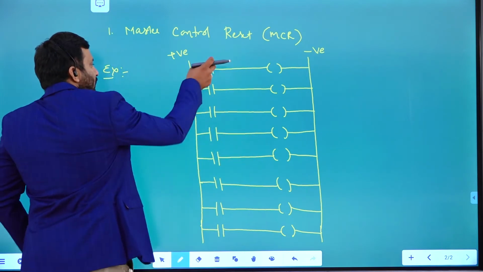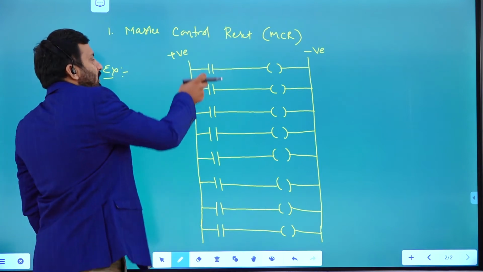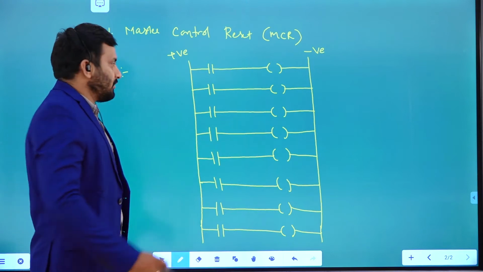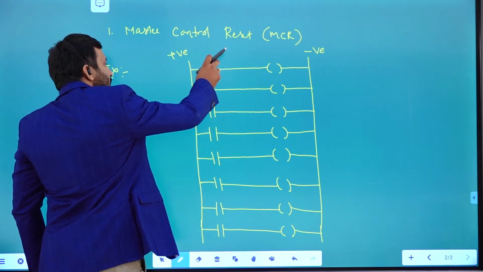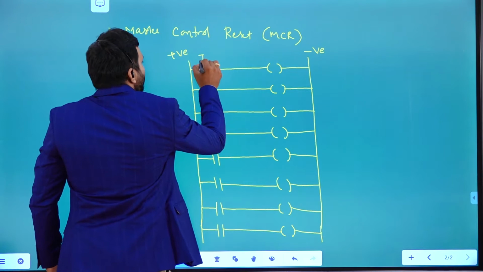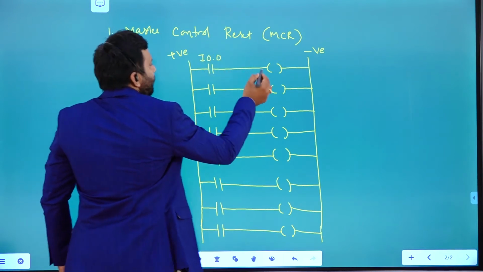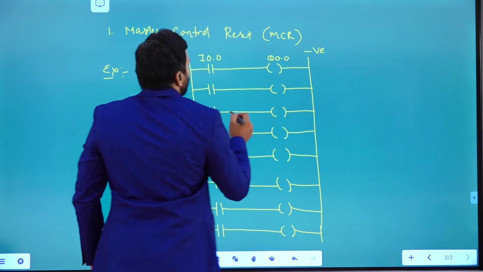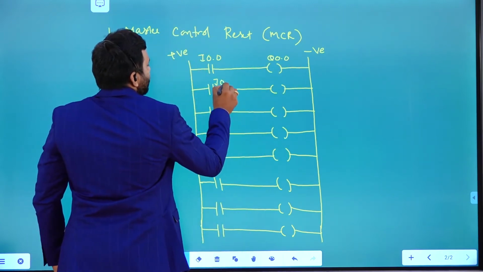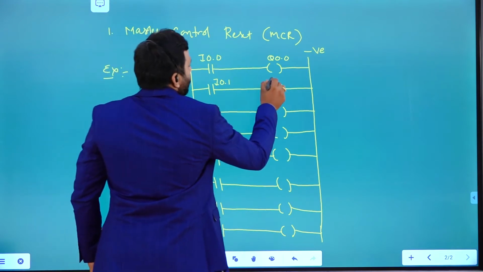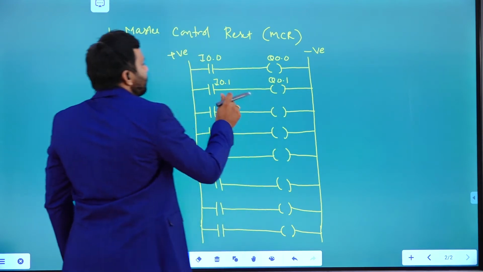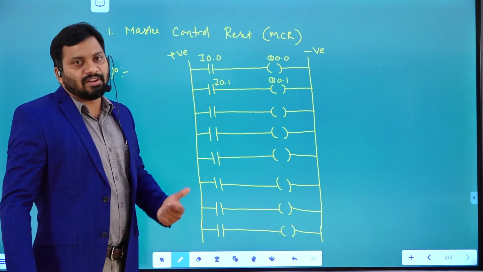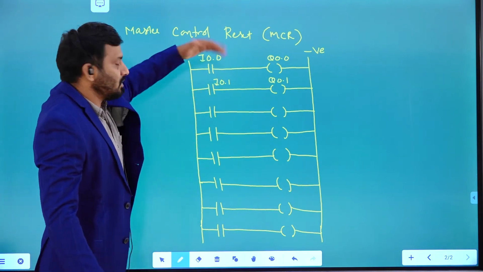We have some input address for every input contact, right? Whether it's normally open or normally closed, that is not our intention. So here, if it is a normally open contact, it has some address, I 0.0. In the same way, this coil has some address, Q 0.0. You know this particular one, right? I 0.1 means what? Input 0 module first terminal signal is taken as input to this particular contact.